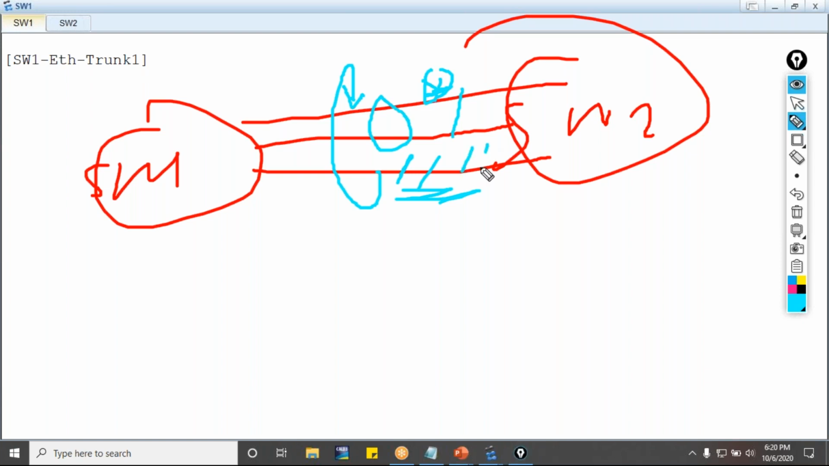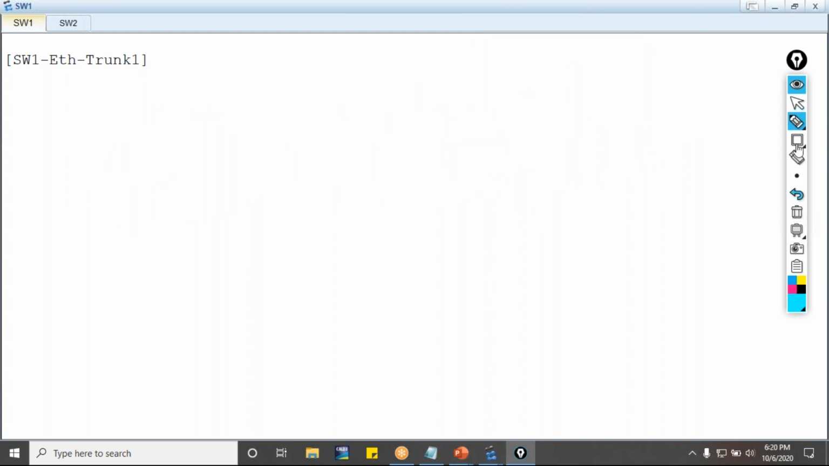You have to specify the delay time. After how many seconds, or how many minutes? Actually, we cannot use minutes, it is too long. So you have to specify the number of seconds. After how many seconds this backup link will take over the responsibility of the failed link is the concept. So to do that, you have to